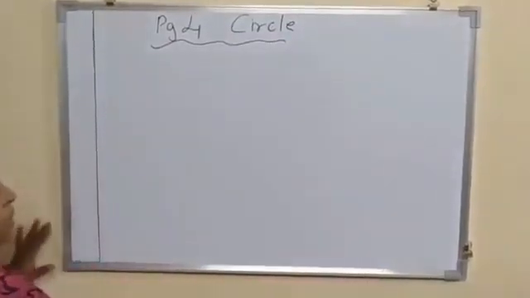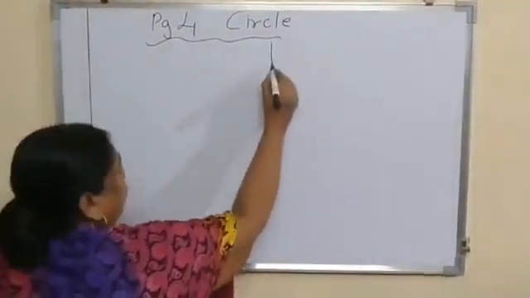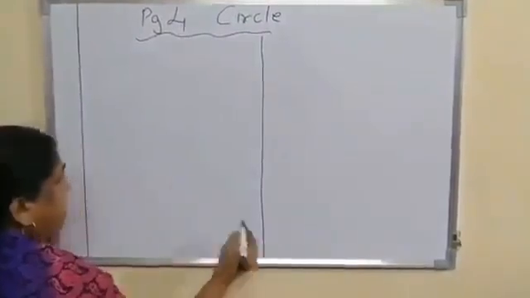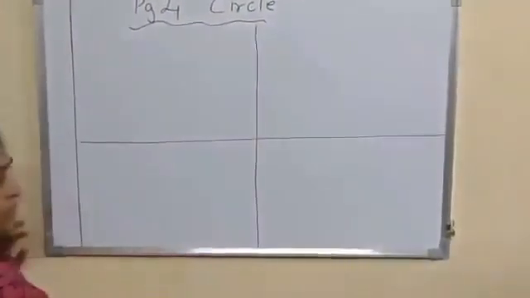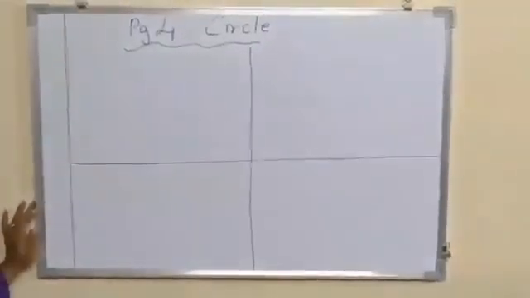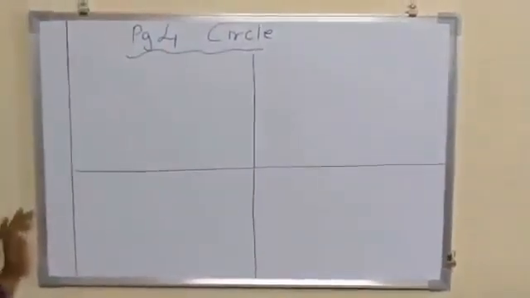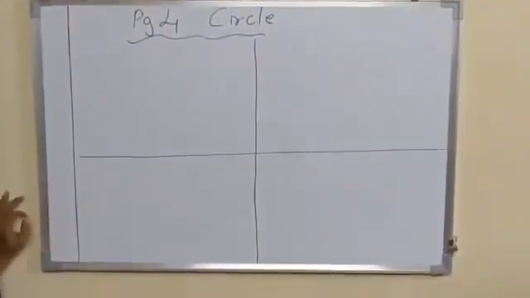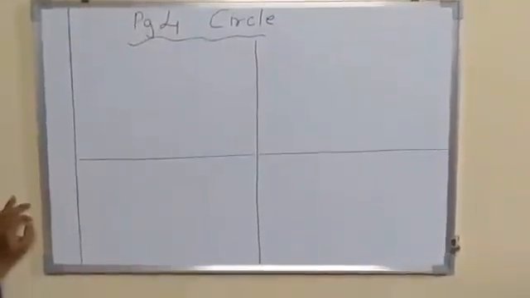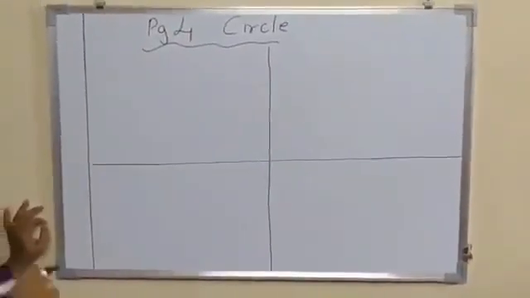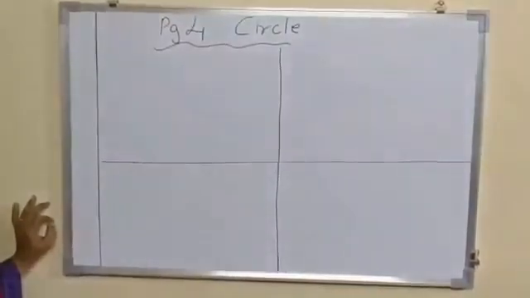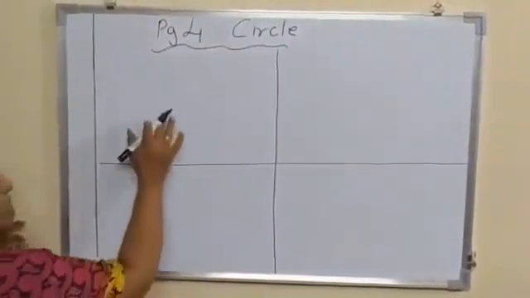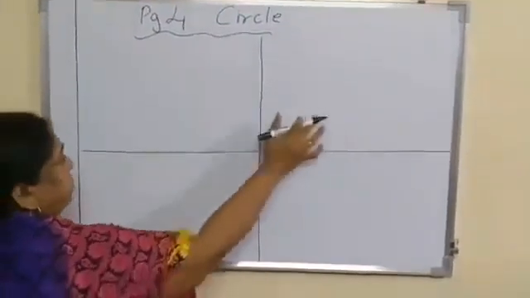And then you are going to divide your page into 4 parts. How many parts? Divide the page this way, into 4 parts. Now children, just now I showed you how to make a circle on the craft paper. So you are going to take those 4 craft papers where you have shown the center, the radius, the diameter, and the circle, and you are going to stick those craft papers in each of these boxes.